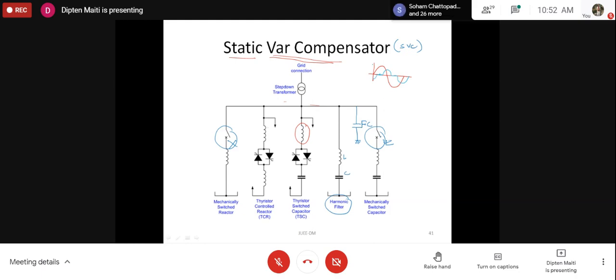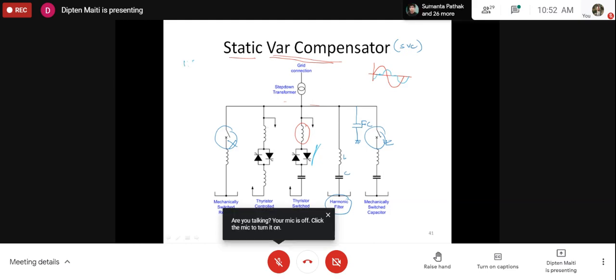Now what is the actual function of this? Now remember, for the TSC, for this block, we can have capacitors of several values which are constant values, or say stepped values. Stepped values in the sense, if you connect the capacitor, we usually connect the capacitor in terms of a ratio,